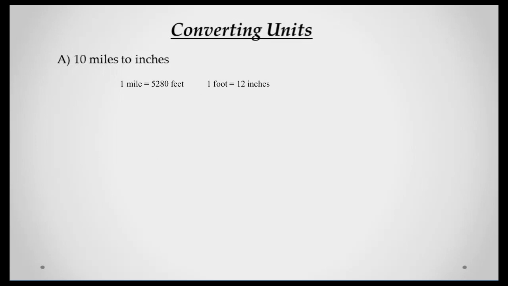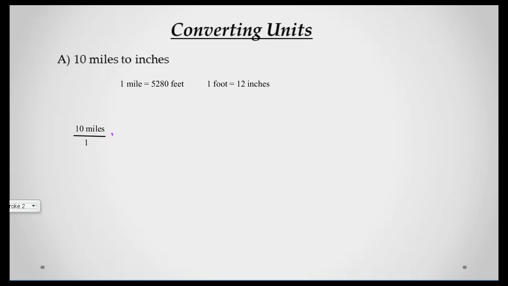And then what we're going to do, I'm going to set up 10 miles, and whenever I do these, I put this as a fraction. So I'm going to have 10 miles over 1. I'm going to make it a fraction because that makes it easy to go through my conversion. I'm not going to put any units on the bottom because there aren't any there. And then in order to get from miles to inches, I first need to take a step where I go from miles to feet. So I am going to multiply,